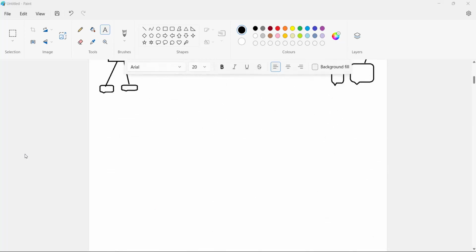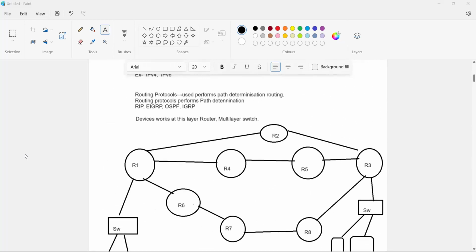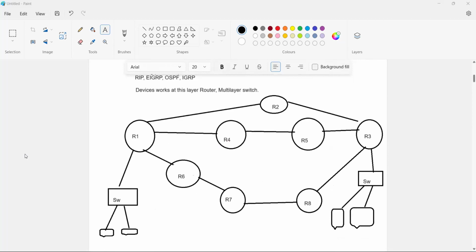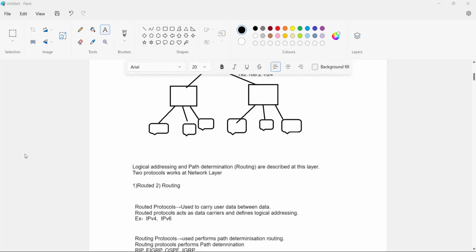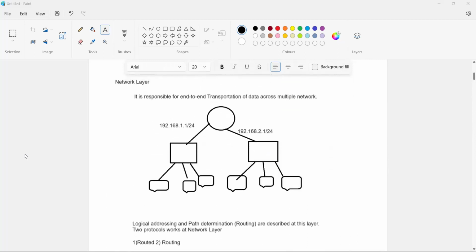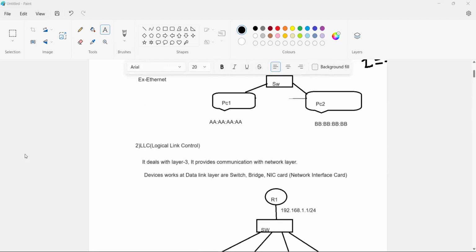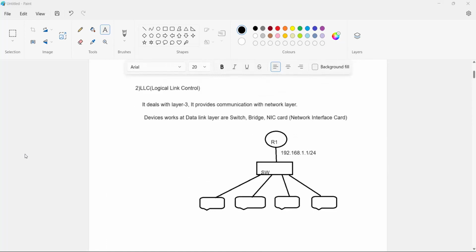Now move to the next one. What's the purpose of the NIC, network interface card? It works at the data link layer. Whenever you are in your system,